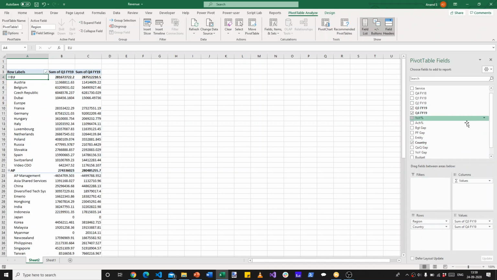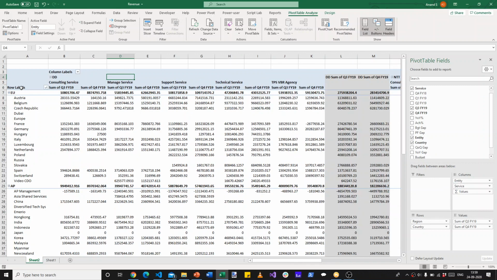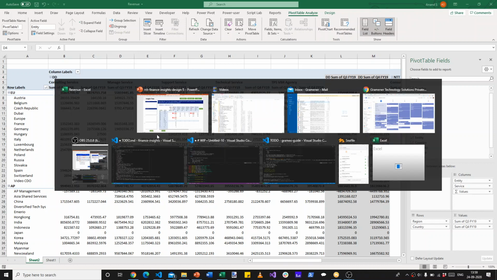So that gives us one set of things, and then I can possibly have something related to the entity. So is it dimension data versus entity? I don't know what other, yeah, and what type of service are we looking at? So this kind of ability is what we want to replicate out here.